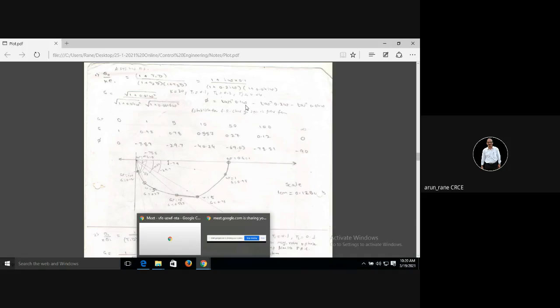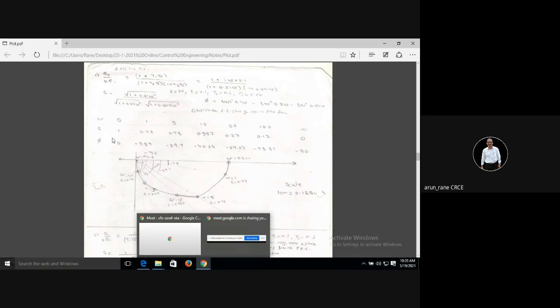And what about infinity? When there is an infinity, so tan inverse of infinity will be what? Now this will be minus infinity because here there are two terms, minus and minus. So this will be tan inverse of minus infinity. So tan of 90 is infinity, so tan inverse of infinity will be 90. So tan inverse of minus infinity will be minus 90.